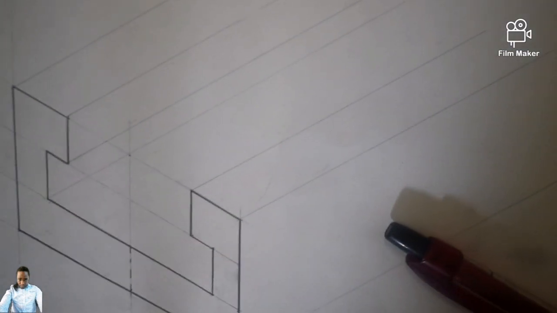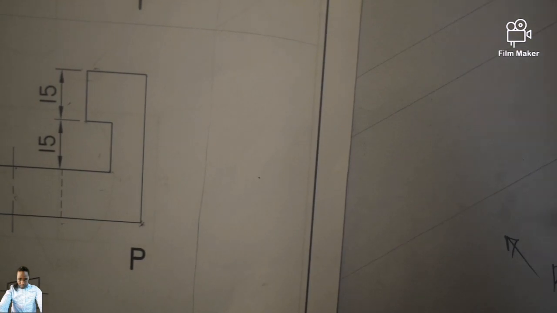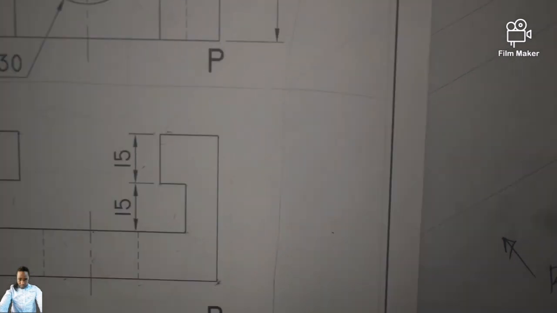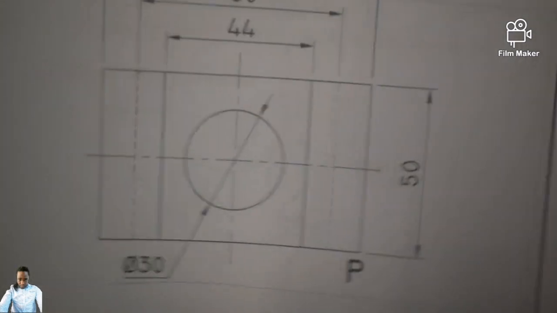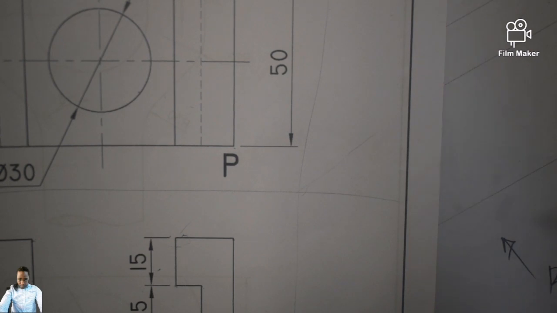Is it given? It's not given. So then you will know what the right view is as well. Okay, so where are we? Like I was saying, the right view as well as the